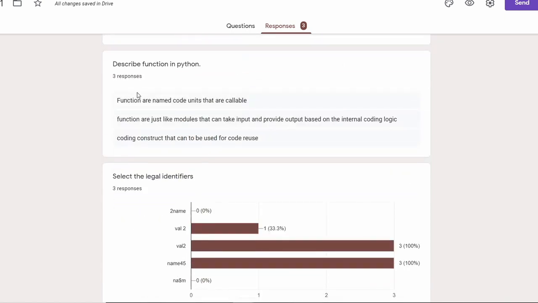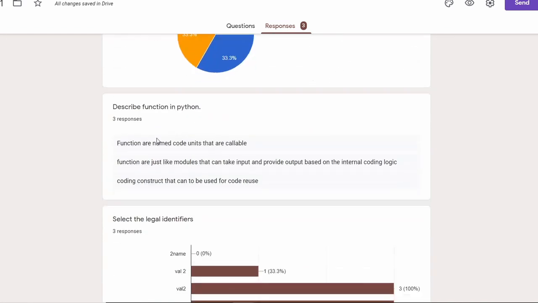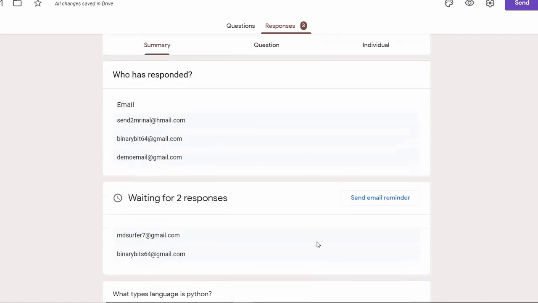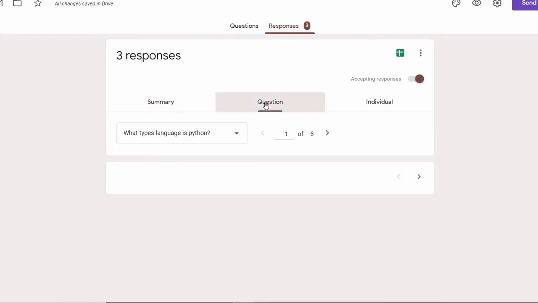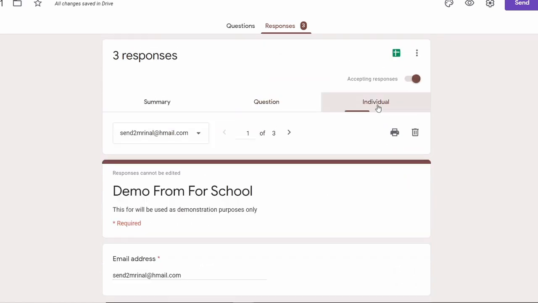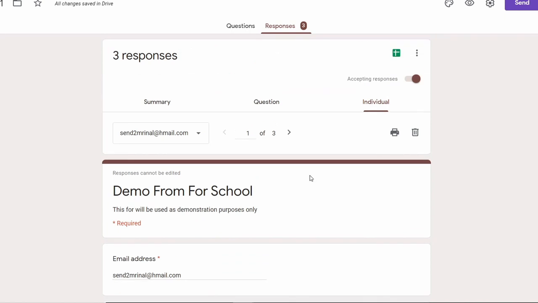So again the options are being listed in a sequential manner, that is email 1, email 2, email 3, in a similar fashion, answer from email 1, answer from email 2, answer from email 3, and these are being listed for each and every question. So these are the questions. Now we can also have a descriptive idea. Okay, so what are the questions that are being listed and everything, and then we can have an individual response sheet, that okay, which individual has given answer to what. This can also be done.